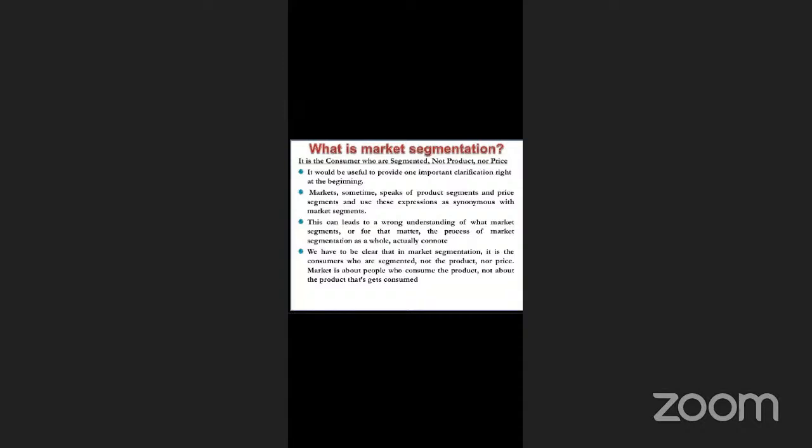So we have to clear that in market segmentation, it is the consumers who are segmented, not the product, not the price. Market is about people who consume the product, not about the product that gets consumed. Okay. So in simple words, here we can understand that segmentation is one of the important concepts in marketing, and the understanding of the target audience is crucial for any business to produce a product